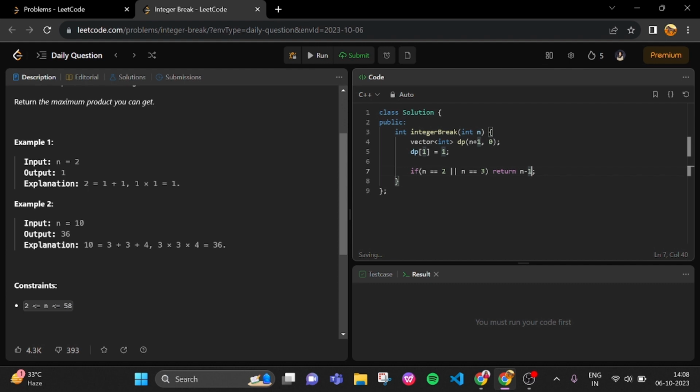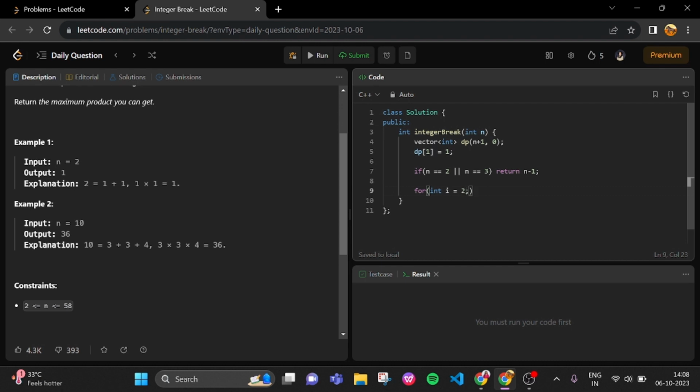Okay, now we will create a for loop which will start from i is equal to 2, because we have already considered 0 and 1. And i should be less than or equal to n, and i plus plus,